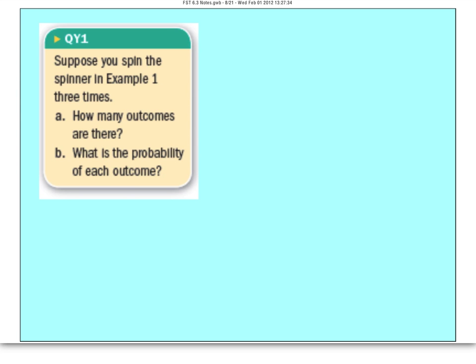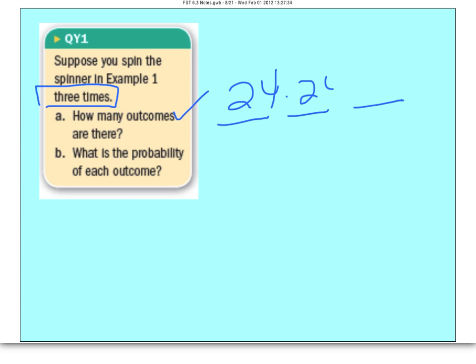Now we're looking at the same example, but now they want us to spin the wheel 3 times. How many different outcomes are there? Well, 3 spins of the wheel, 24 choices on the first, on the second, and on the third spin. So what that one theorem said is you'd say how many choices you have, and then how many times you're doing it. 24 to the 3rd power. I personally just do the space method and fill in the spaces versus memorizing theorems to use. It's very obvious to me that 3 of these 24s is the same as 24 cubed. The answer here is going to be